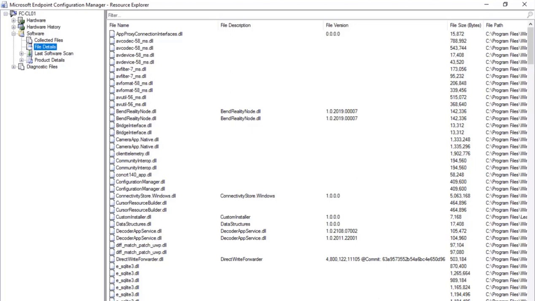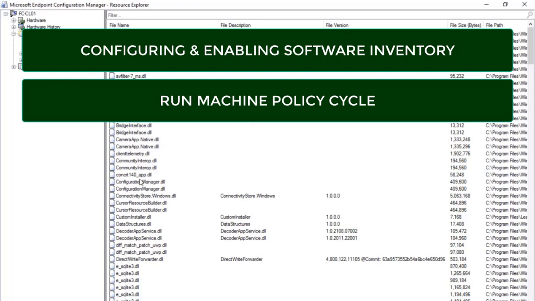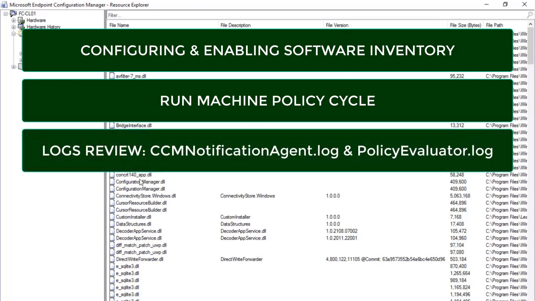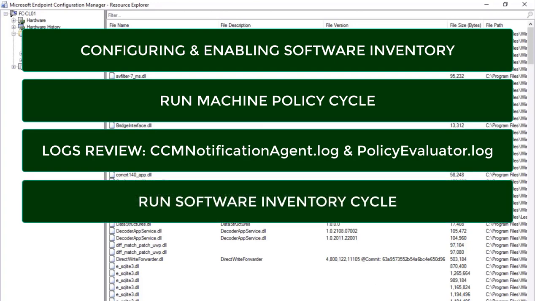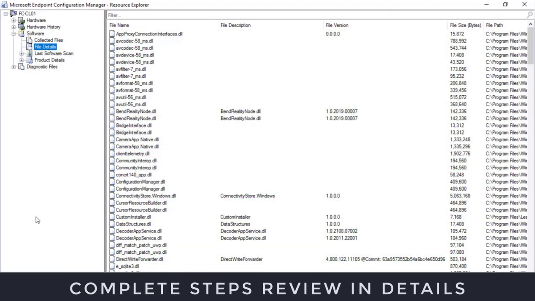So our question at the start of this particular video is how we can get all the DLL files in the config manager, and we went through the process of configuring and enabling software inventory components. Once that is done, then we enforce the policy. We reviewed a couple of logs, CCM notification agent as well as policy evaluator logs. And the next step we ran is software inventory cycle. Post that we saw the updates that were happening on the inventory agent log file as well as file system file log file. Now in the next video, you are going to see how you can get this particular information